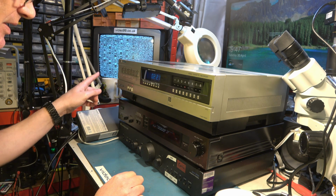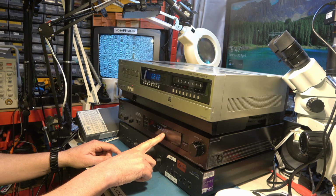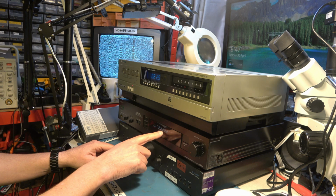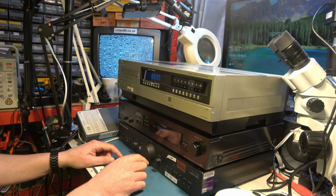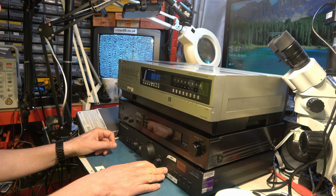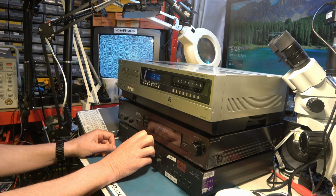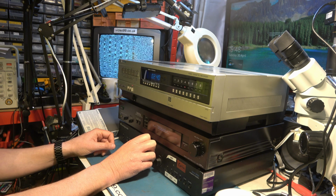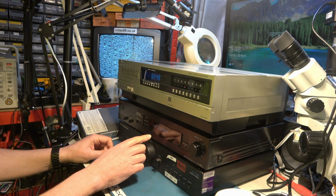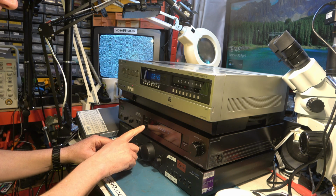That looks like PCM digital audio. VU meters moving. Tracking control a bit jumpy. We'll come to that in a minute. Let's see if we have some audio. I've got the wrong button pressed. There we go. Aux. Sounds dreadful. Okay, so before we worry about why the sound is so bad, we need to fix the